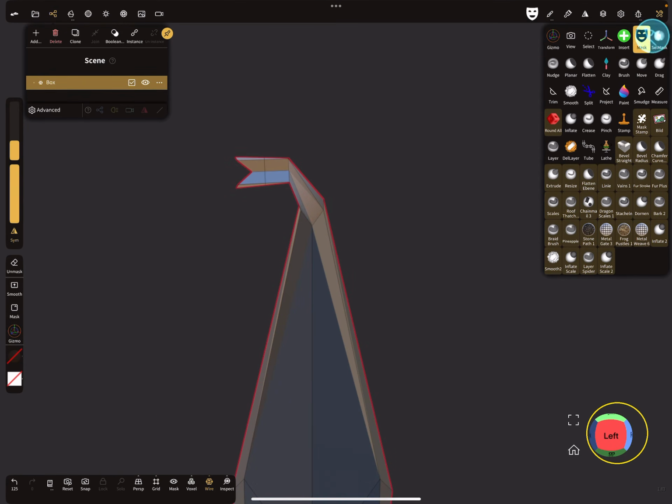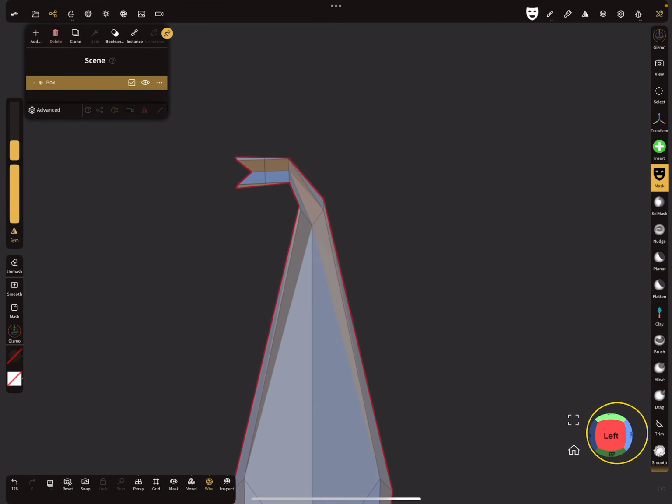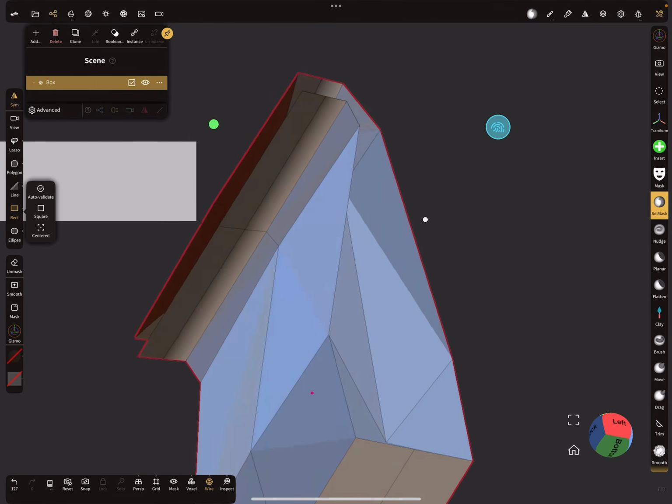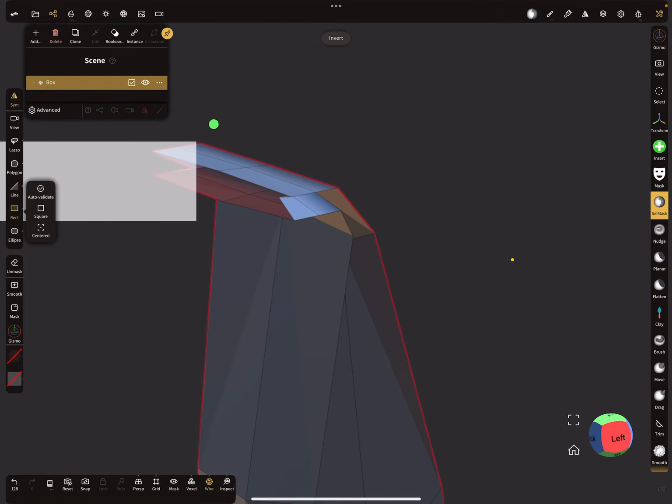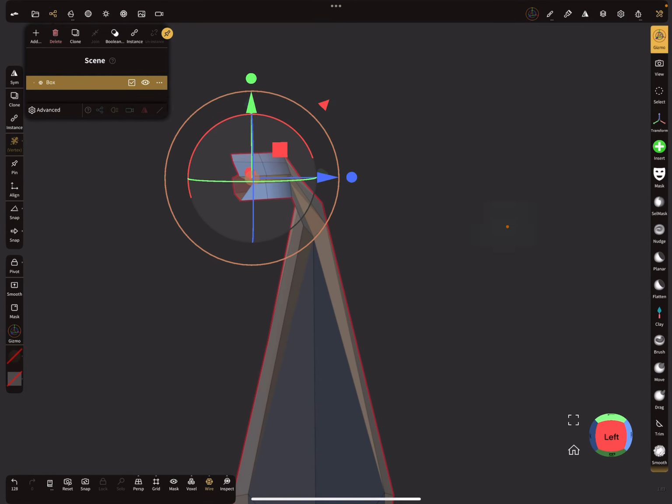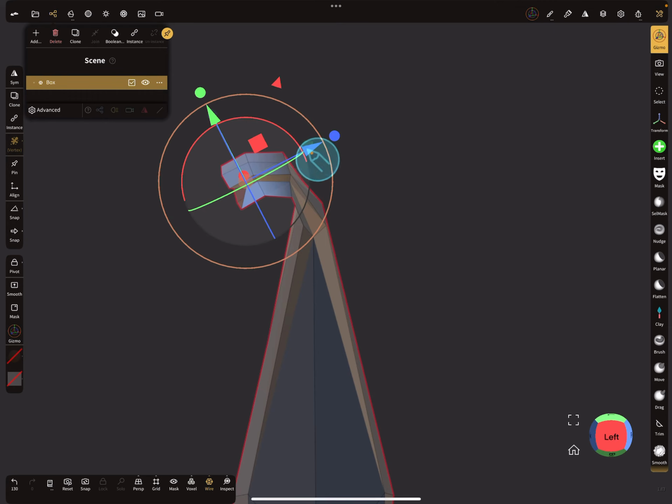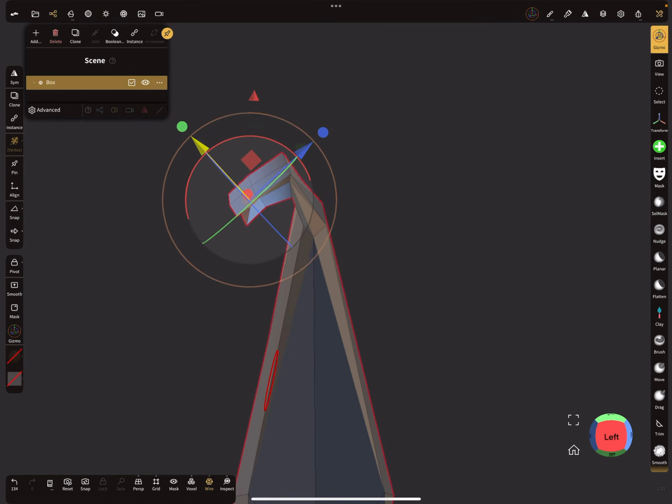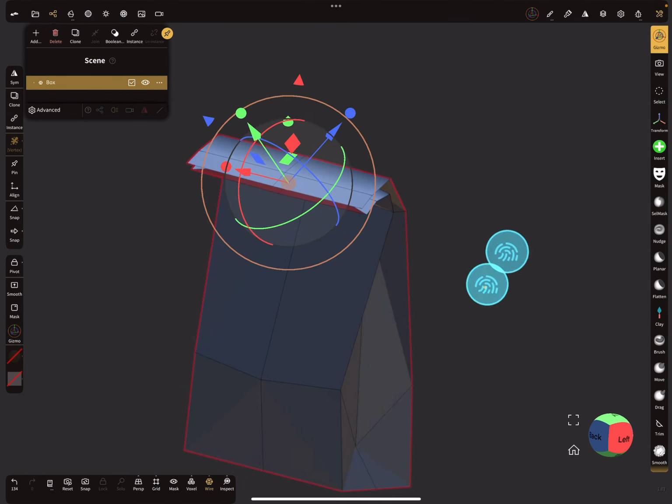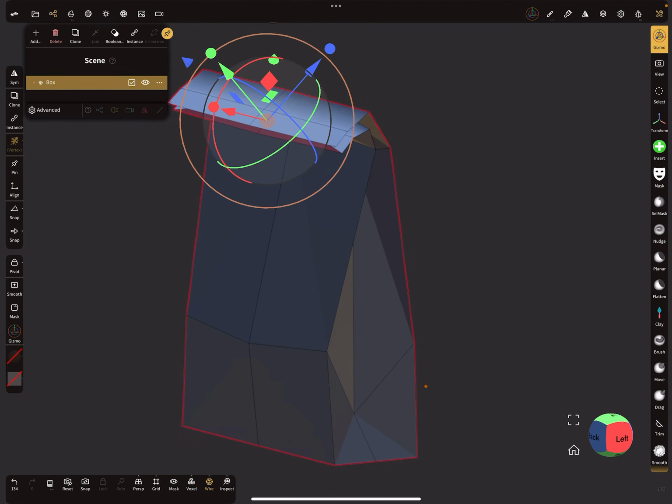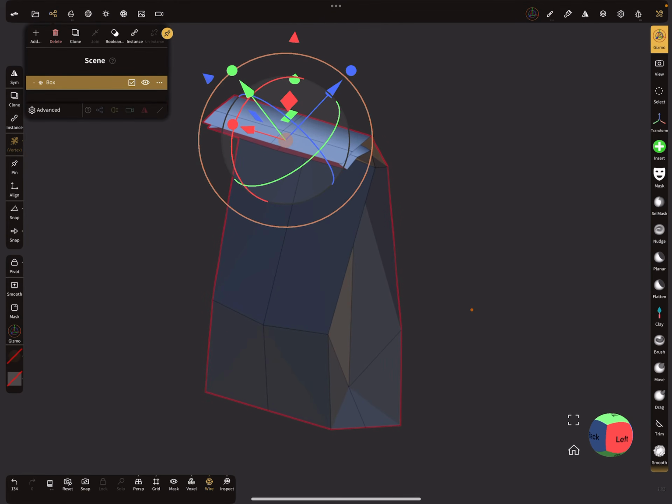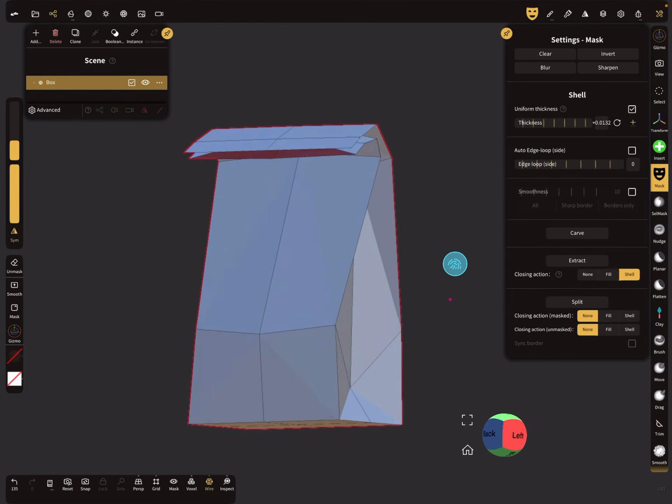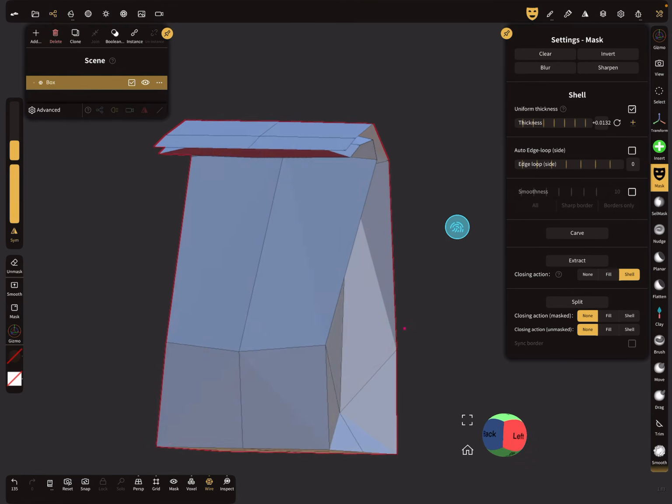And if you like, you can clear the mask and use again the cell mask. Invert the mask, gizmo. I think you understand. So you can deform this bag a little bit, like you want. Then clear the mask. And when you think it's nice,